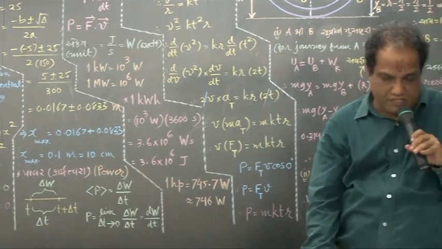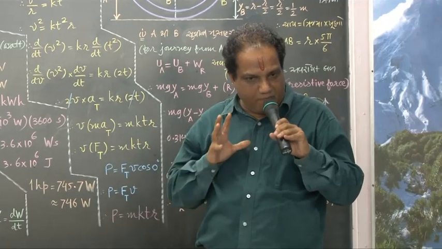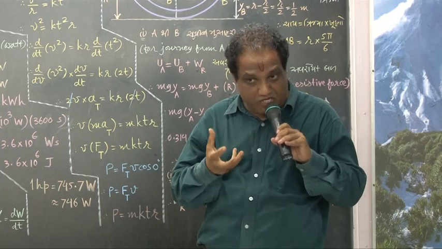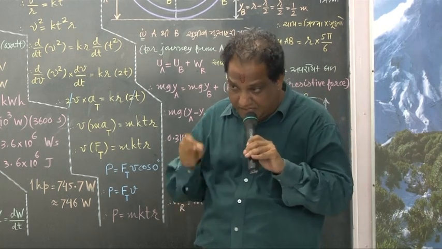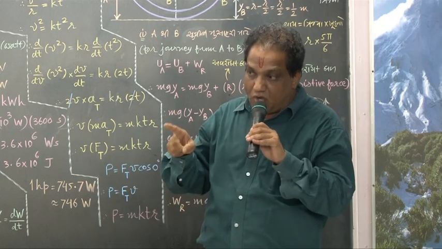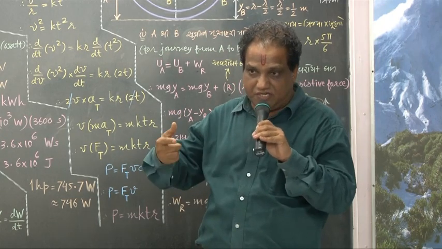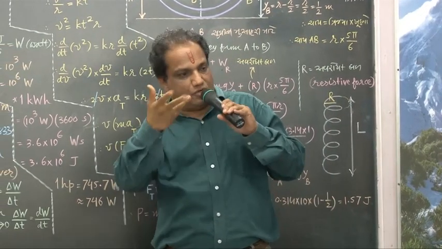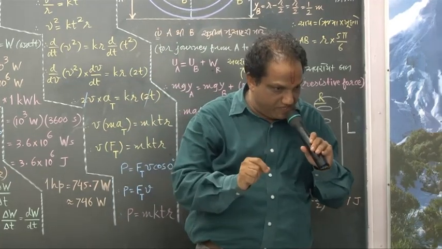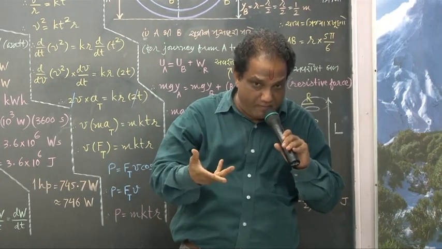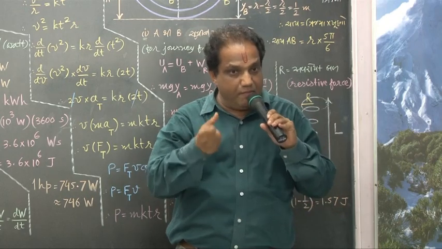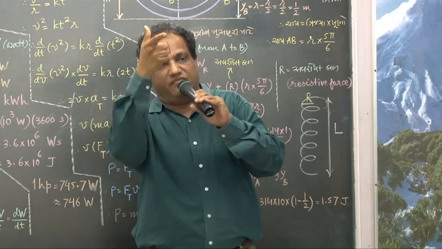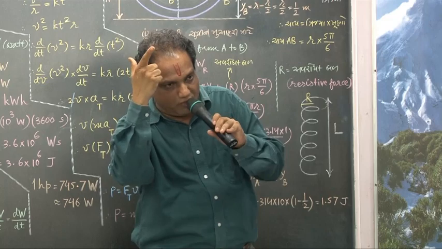See, in practice, of course, it is very important how much maximum work we can do, how much maximum work we can get done. That is definitely important. But you know what is more important? How fast we can get it done. That is more important. So in practice, we have defined a physical quantity whereby we can measure the time rate of work being done. And that very physical quantity is known as power.